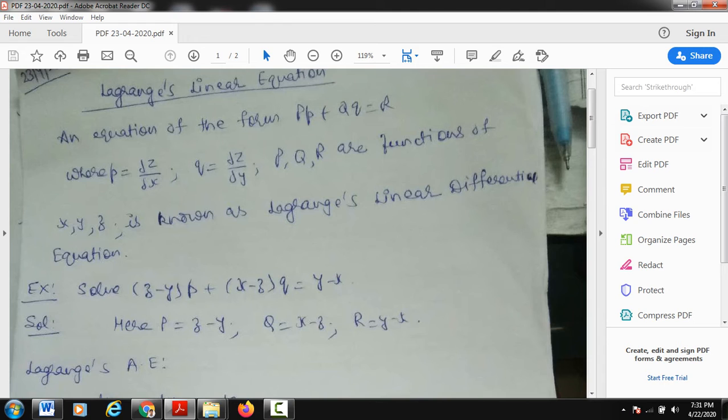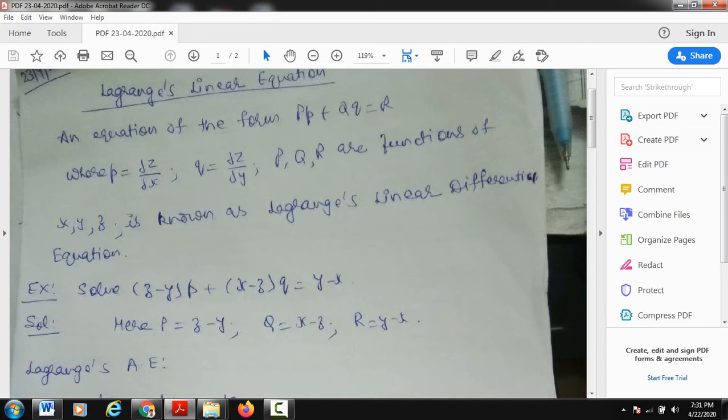And after that you will write the final solution, or the general solution, which is given by some arbitrary function like f or phi, anything you can take. Suppose I have taken phi: within brackets, you write the first solution, comma, the second solution, is equal to 0. So this is the final solution of the given equation. Hope the steps that I have told you are much clearer to you. Now I will explain this method with the help of an example. Okay, so what is the question?